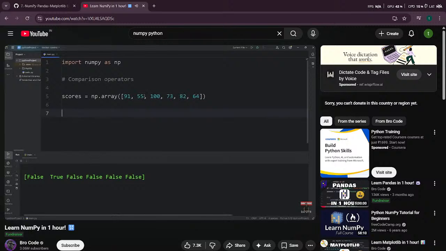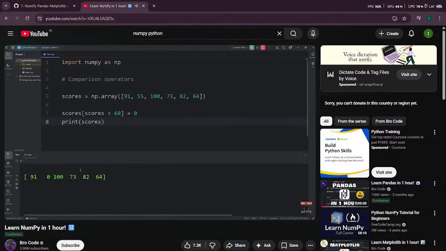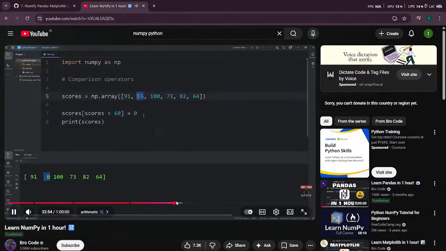You also could use conditional assignment. For any scores that are less than passing, less than 60, we'll assign them to be 0. So if you fail, you don't get any points, so to say. We'll take our array of scores, use the subscript operator, then we'll take scores less than 60. We're selecting all elements within our array where the score is less than 60. Any that are less than 60, we'll assign them to be 0. And then we will print our array of scores. So now that 1 student would have a 0. They wouldn't get any credit if they fail. This all